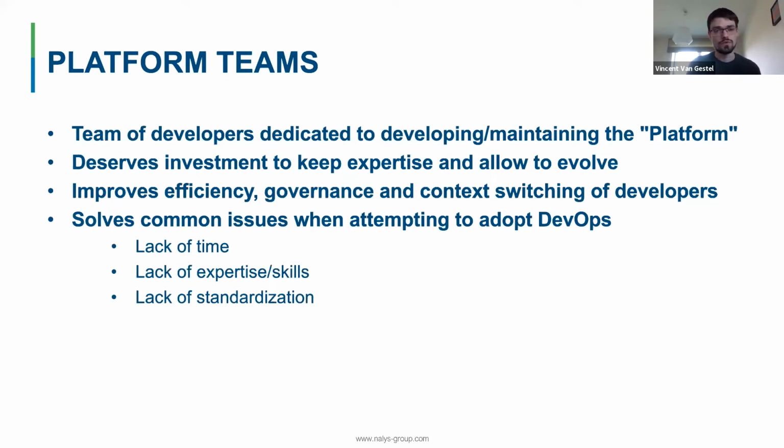This also solves some problems with companies trying to adopt DevOps. This is information that comes from the State of DevOps report of 2020 done by CircleCI and Puppet, where the three main issues that they found when companies are trying to adopt DevOps are lack of time, lack of expertise, and lack of standardization. If you have a team dedicated to this work, that solves lack of time, as they will have the time. Lack of expertise, they might need to build it up at first, but it will stay within the team instead of